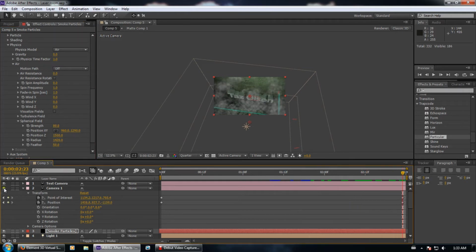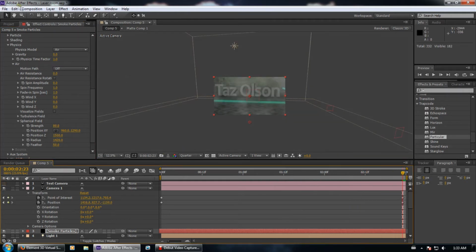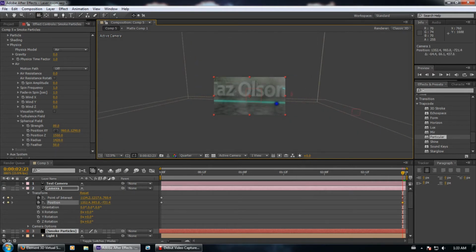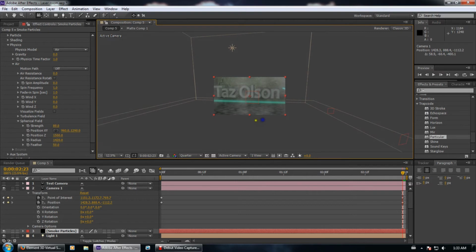You don't want to have something too powerful, but you want it to be enough to keep stuff away from your text. So if we go back to our main camera, we're able to go past the text, or we're able to go past the smoke somewhat. Let's increase the radius then. I don't want to get rid of them altogether, but